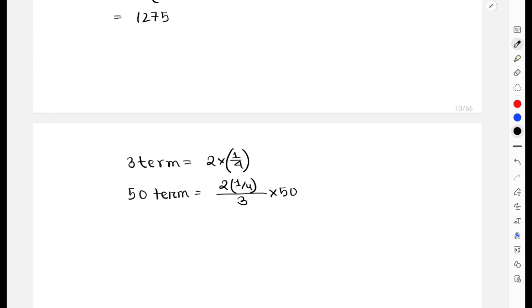So 50 divided by 3 into 2 into 1 by 4. Wait, no, this is not giving you any process. One minute. For the first 3 terms you're getting 2. That means for the first 50,